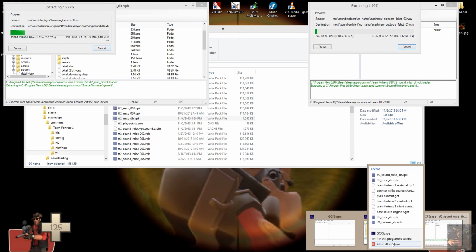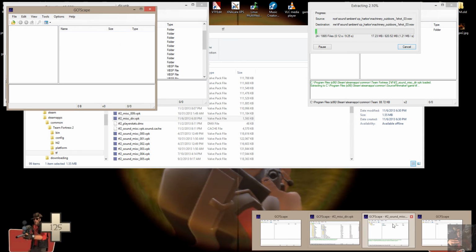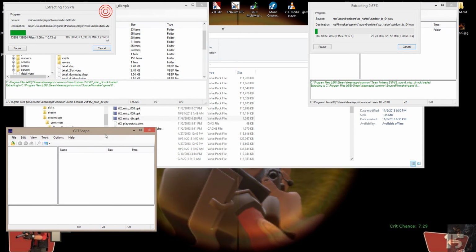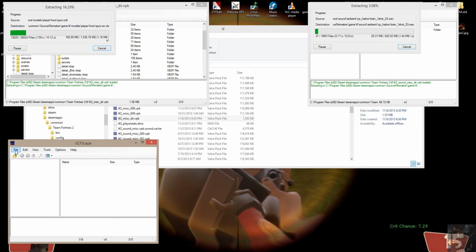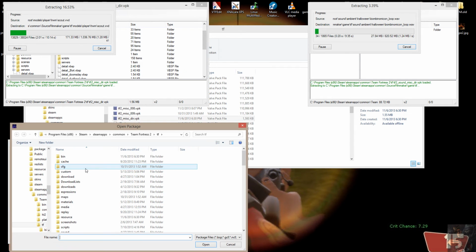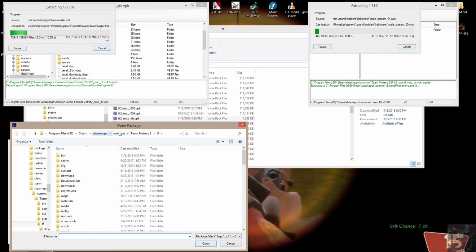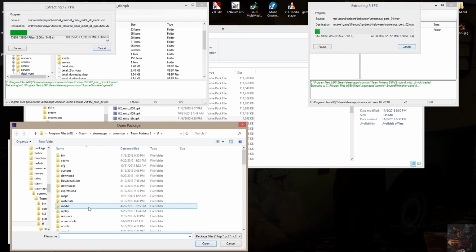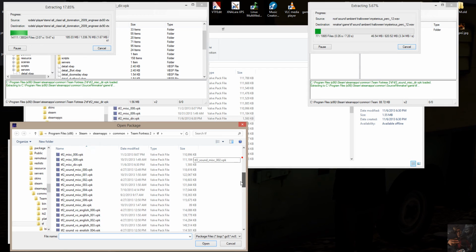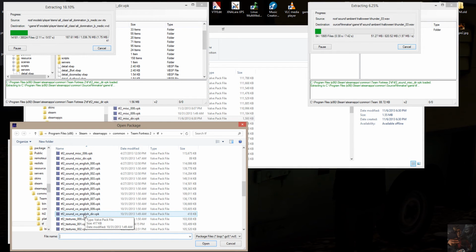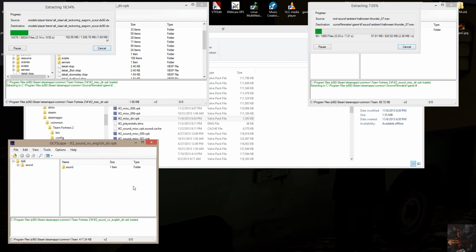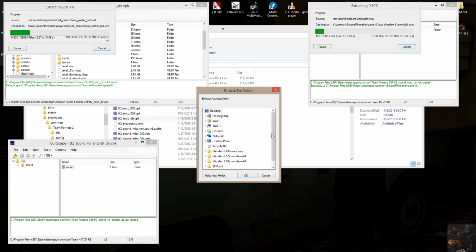Open another session of GCFScape, and I'm going to move that one down here, and I'm going to go File, Open, Steam, Steam Apps, Common, TF2, TF, scroll down, and now I'm going to find the voiceovers because there may have been new voiceovers, especially if there are any new bosses. And I'm going to click on root, right click on sound, and click extract, and I'm going to go to